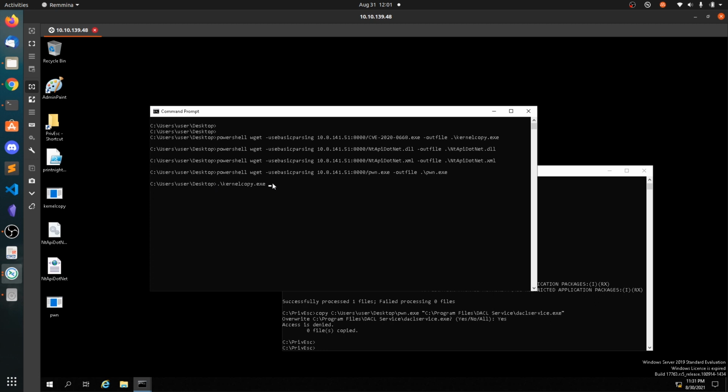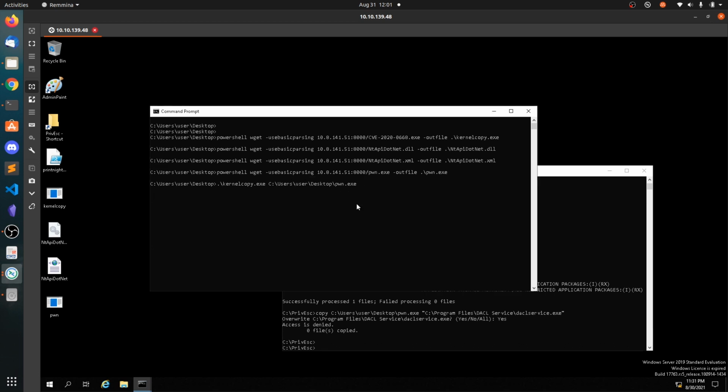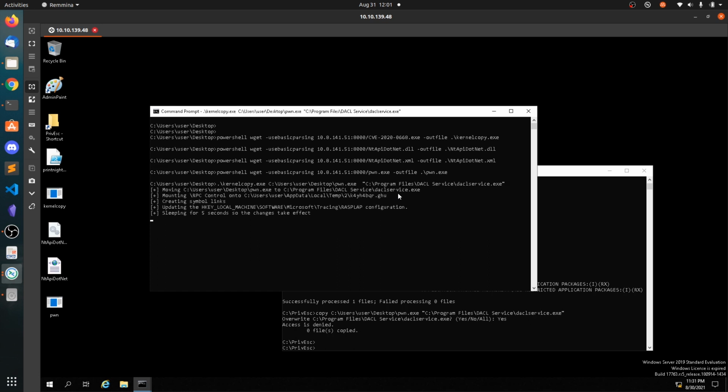Copy this, so we are copying from source to destination. Now paste this one, now hit enter. Now this will copy with elevated privileges, and now you can see the copy has been completed.